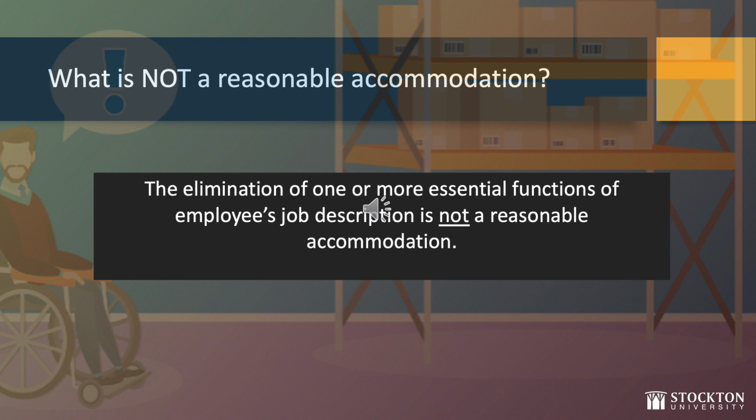A third example is reassignment. Employers can reassign employees as an accommodation into an appropriate existing vacant position for which the person is qualified to fill. Employers are not, however, required to create a new position as an accommodation. In a case where a requested accommodation poses an undue hardship, appropriate and effective alternative accommodations will be explored through the interactive process. Let's review that process now.